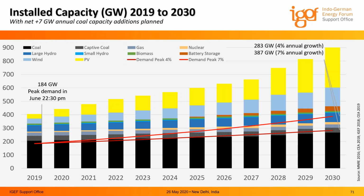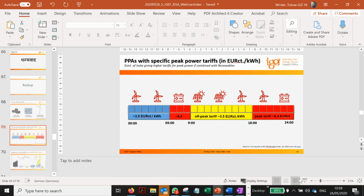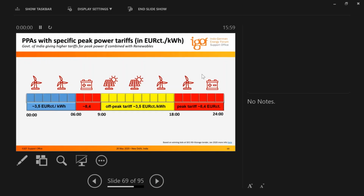Or you charge the battery from the grid. You don't necessarily need to charge the battery from your own solar system. If you talk about large scale, you just buy the power at the electricity exchange. And as you are well aware, these tariffs in India right now, the tenders which came out now,